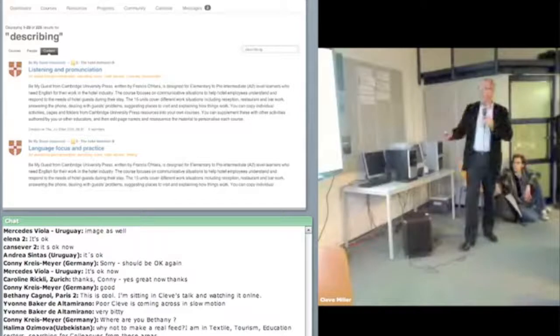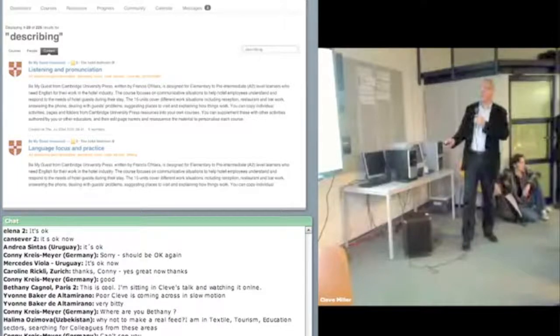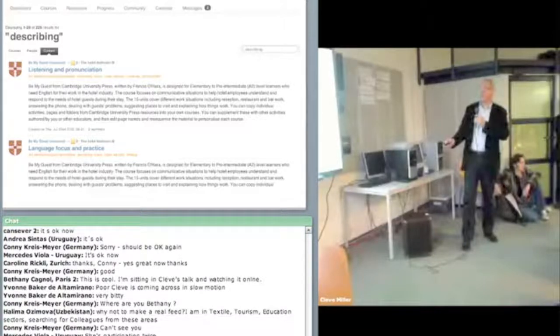When you click on it, the search engine result comes up. And so here you can see the search results for describing. These are actually from a hospitality industry book that Cambridge publishes, an excellent book called Be My Guest. And these are just the first two that came up, just by coincidence. So if we would then select one, next slide,